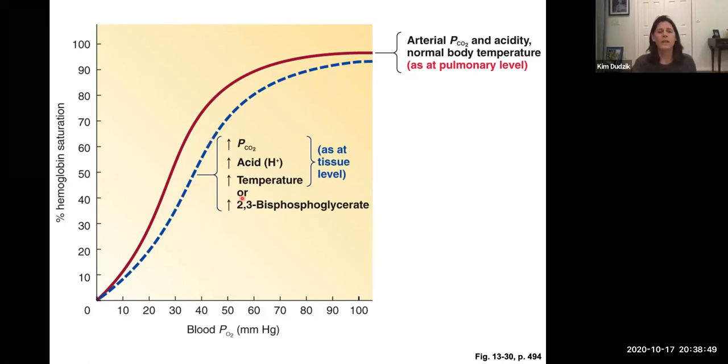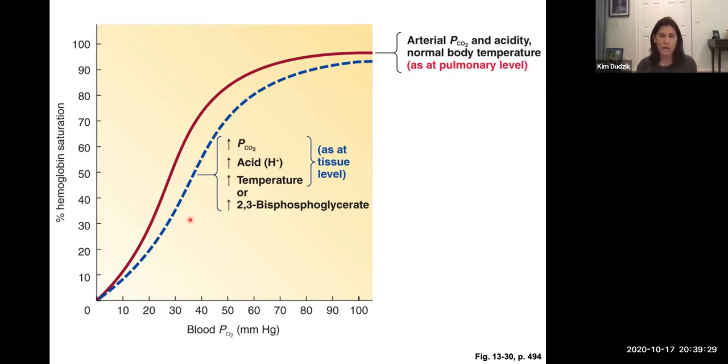Okay, so this last one is one of the intermediaries in cell respiration, during glycolysis. When this intermediate molecule from reorganizing glucose starts to build up, remember that? If that's building up, that means that glycolysis is going even more, which might mean that the cell is working more anaerobically than it is aerobically. So when this builds up, hemoglobin loses its affinity for oxygen and therefore releases more. So that's the whole reason, several reasons, why this curve shifts.